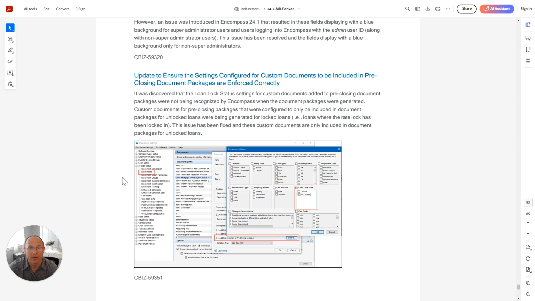I'm getting better though. So, update to ensure the settings configured for custom documents to be included in the pre-closing package are enforced correctly. Oh boy. Okay, so I'm going to talk about this for a second. Anytime you hear "enforced correctly" or another catchphrase, "now enforced," or anything else that says "operating normally," what that means is that it wasn't operating correctly before, and now ICE has fixed it, which is great. But when it comes to things like this, you now have to make sure you're not going to get this